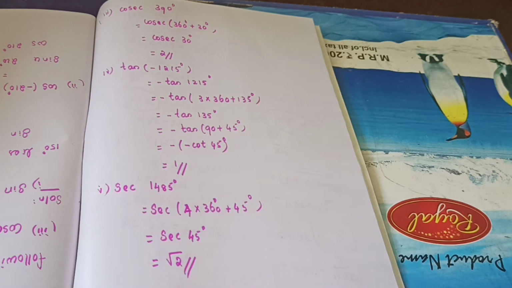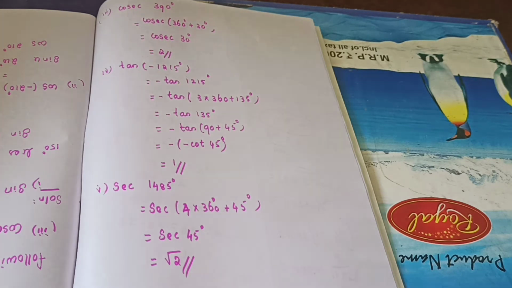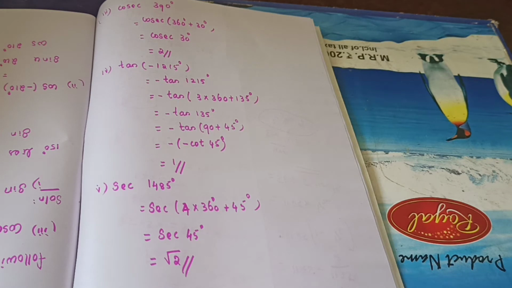The thing is, you need to learn the tabular column, those values, that is cos 45, tan 45, 60, 90, those values, everything. So that one you know how we will find out. I taught you that in the last class. So you need to learn that, as well as trigonometric ratios of allied angles. That is very, very important. If you are very thorough in that, it will be very easy. Understand, students? Okay, let's move to the next problem, example 4.4.